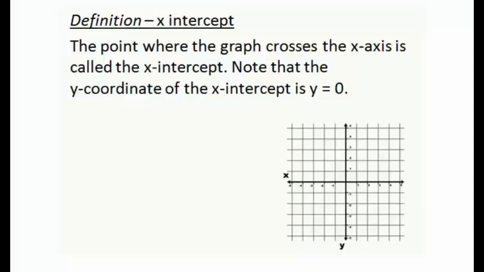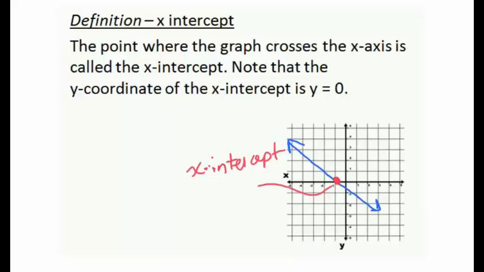First, we're going to talk about the x-intercept. Let's say we have a line drawn in the xy plane. Wherever this line crosses the x-axis is called the x-intercept. So in our particular graph, we can see right here on this red dot is where our line crosses the